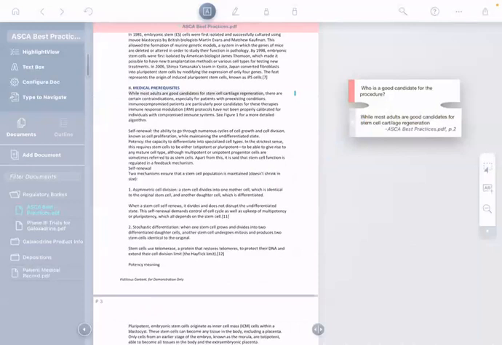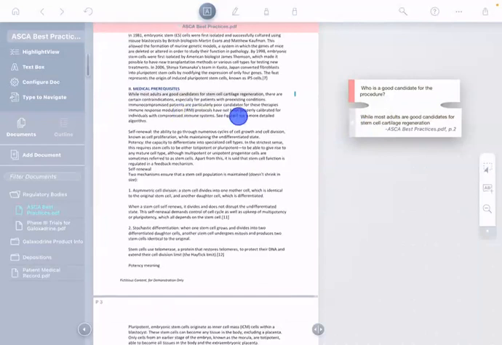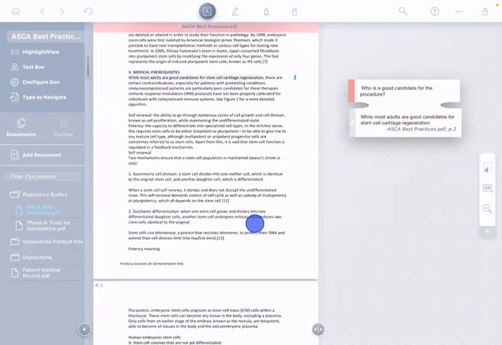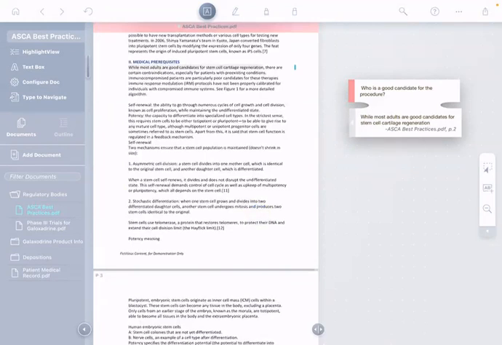But they mention over here that, even though most adults are a good candidate, there's a figure that talks about a more detailed algorithm for who is and isn't a candidate. I'd like to see that figure, but I'd also like to compare it to this text. Well, the problem is these are on different pages. And comparing things on different pages is really a pain in almost any document. But LiquidText is about helping you see the important things together. So what I'm going to do is bring these two together.